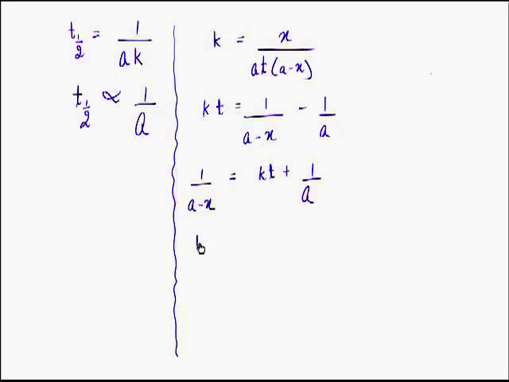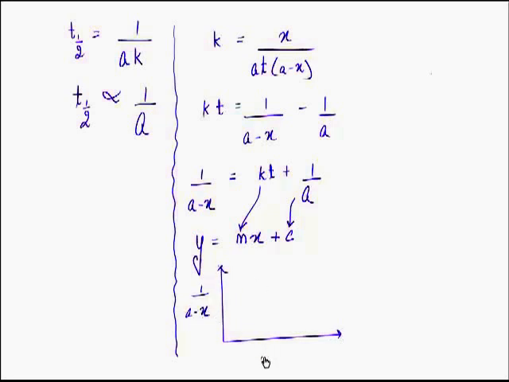Now this expression is of the form y equal to mx plus c, where k will be m and 1 upon a will be c. So if we plot a graph of 1 upon a minus x versus t, the graph will be a straight line with the slope being equal to k and the y-intercept out here being equal to